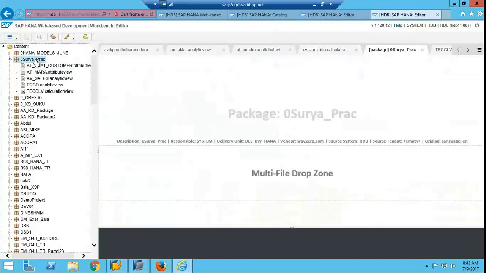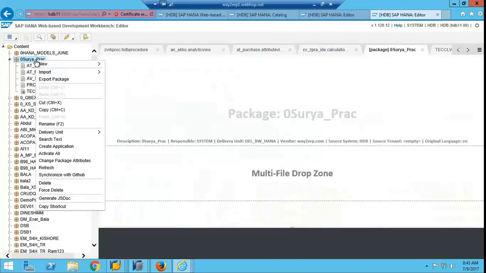Only native HANA. ABAP developments it will not allow. Only calculation view, SQL script, DB related, only these types of DB level, direct database, native HANA development is supported by this.